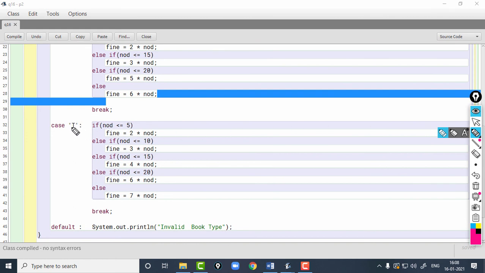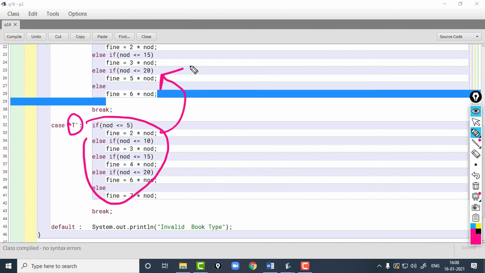If the character stored in BT is character T, then we'll repeat the same thing as we did here, but this time the only thing is that we will change the rate.